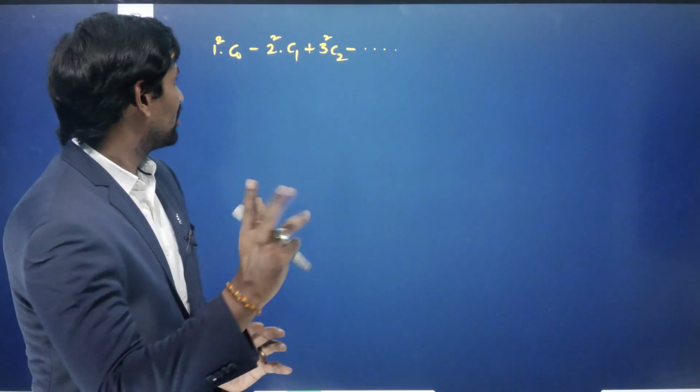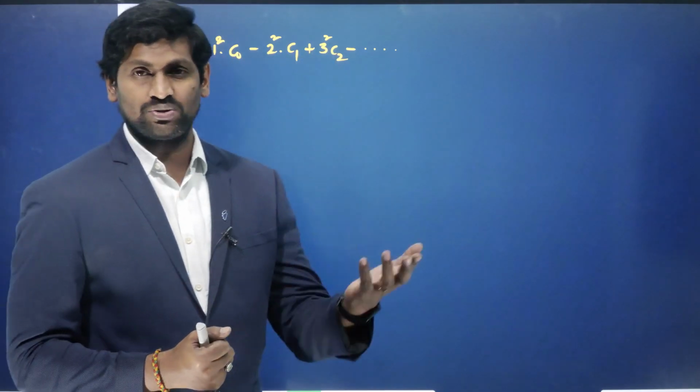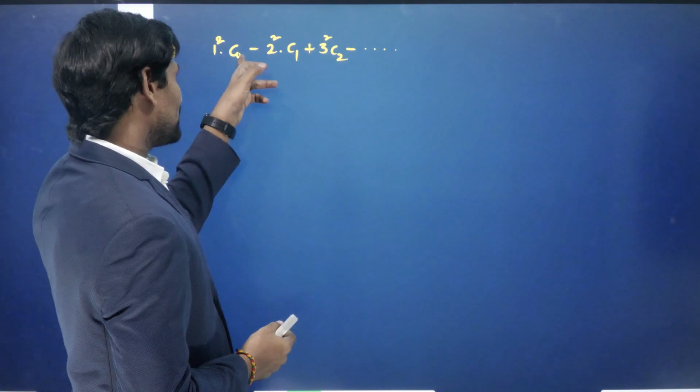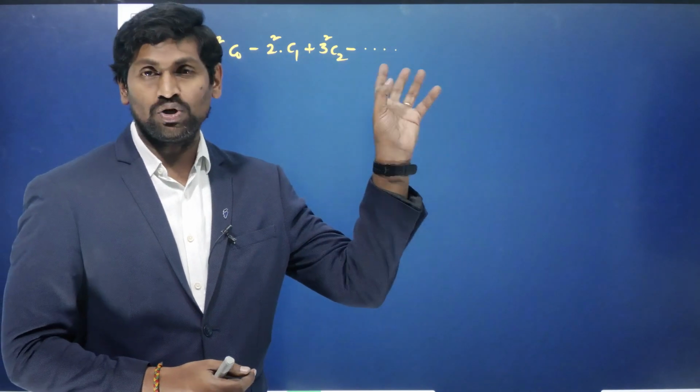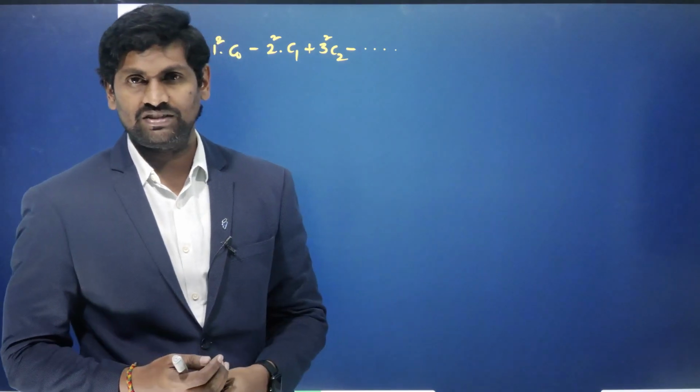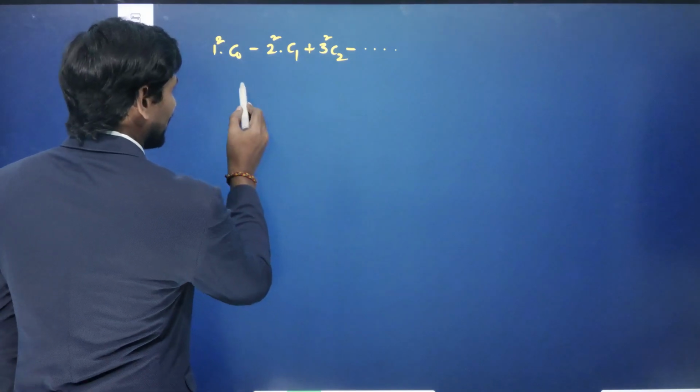While you are observing here, C naught, C1, C2 are nothing but nC0, nC1, nC2 and so on, right? So 1 is plus, and alternate signs, plus and minus, are coming. So alternate terms have different signs. Now while you are expressing this, we can write it in the form of